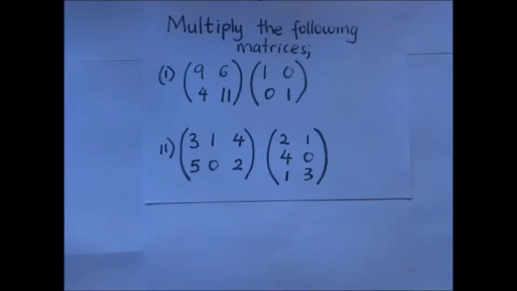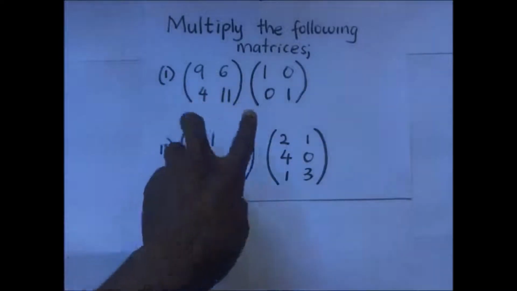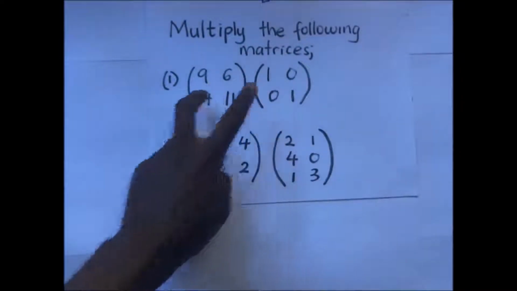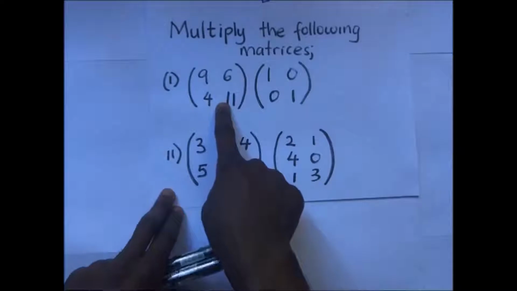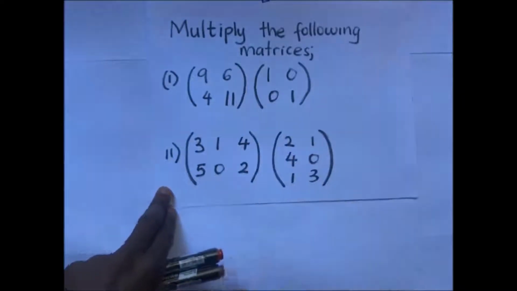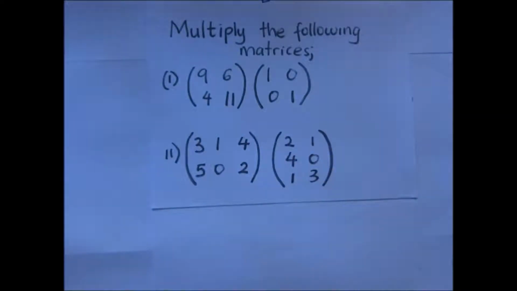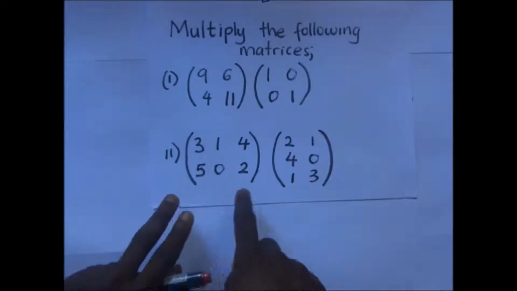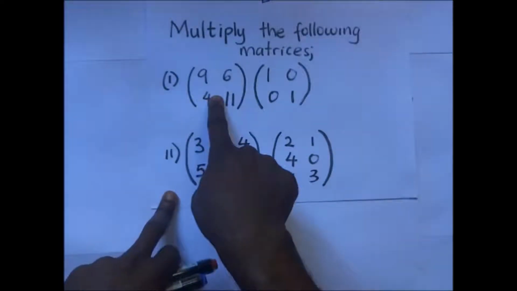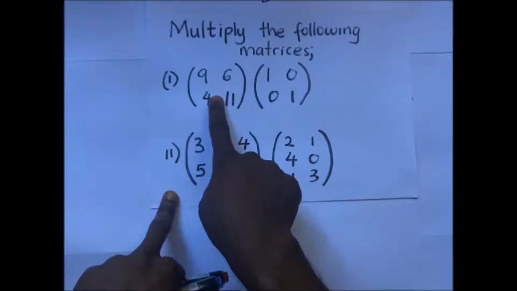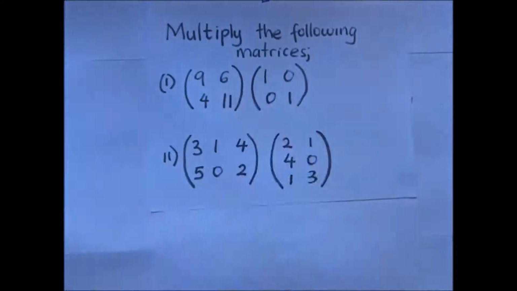Let's make an illustration. When we look at these two matrices here, this is a 2 by 2 matrix. This is also a 2 by 2 matrix. But if we are to multiply these matrices, the number of rows in this matrix must be equal to the number of columns in the next matrix. Why is that so? Because in matrix multiplication, we multiply the row in the first matrix by the column in